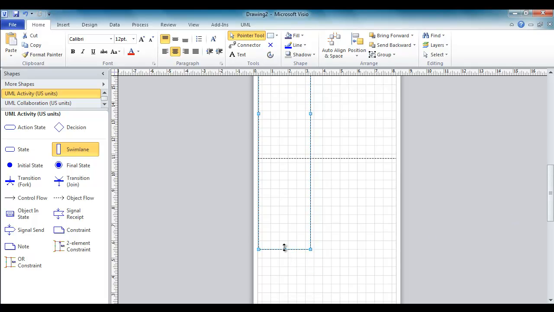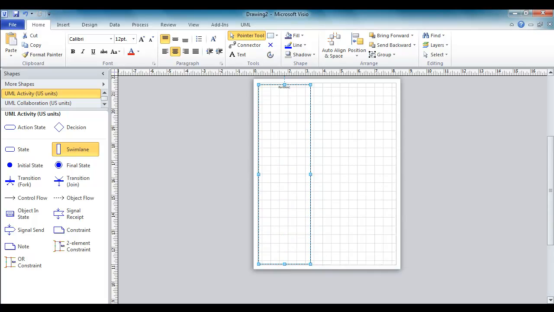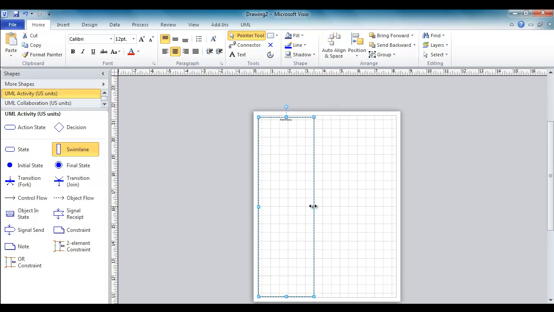And let me make it a little shorter so that we fit it on one page, and another one will be coming here. You can make it a little bit bigger in the width, and that being done,